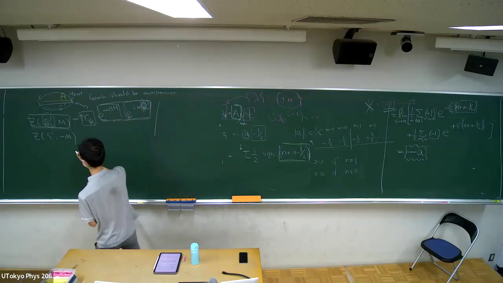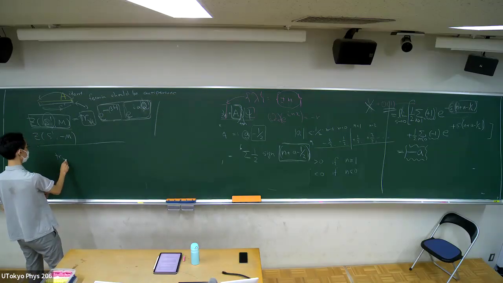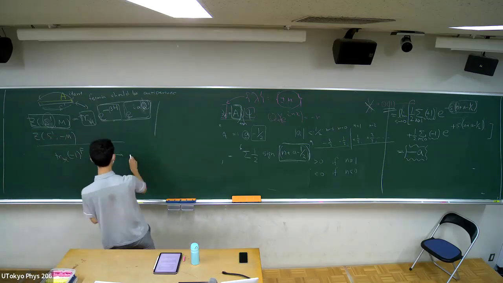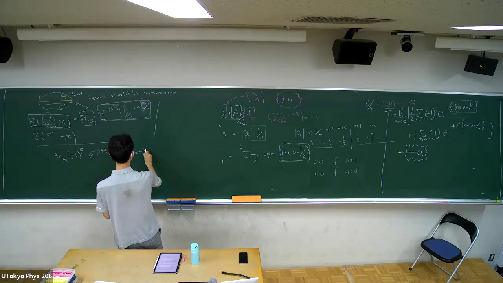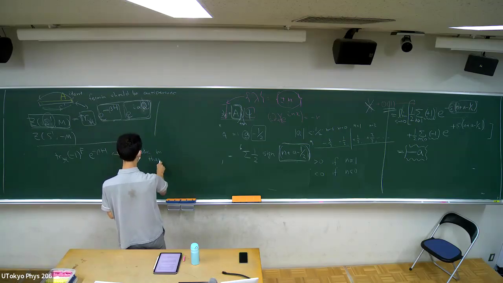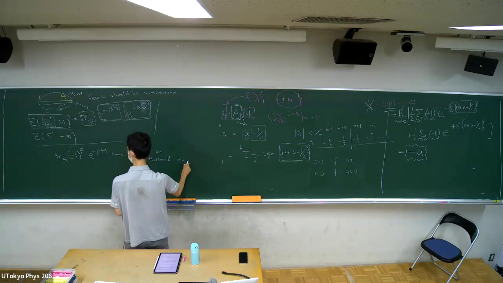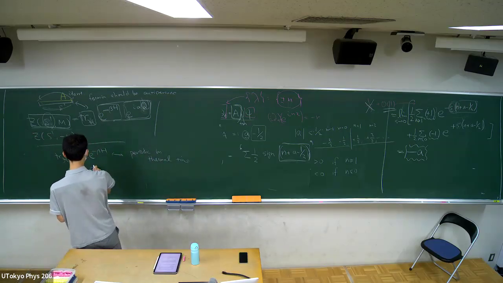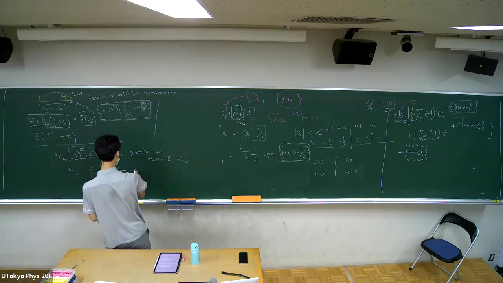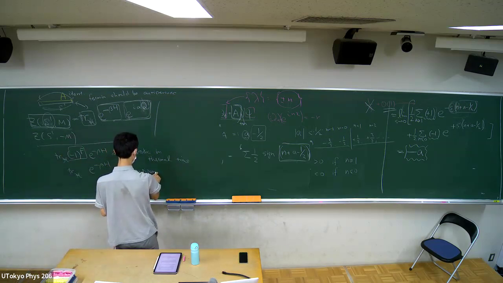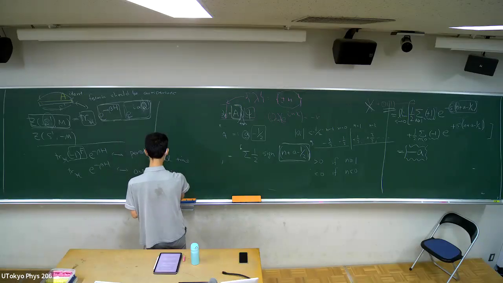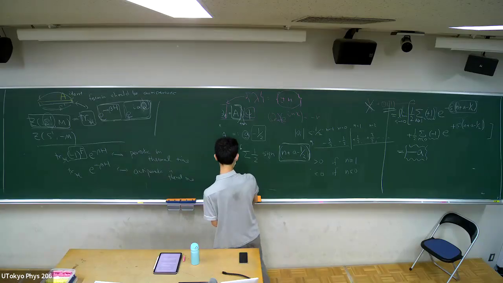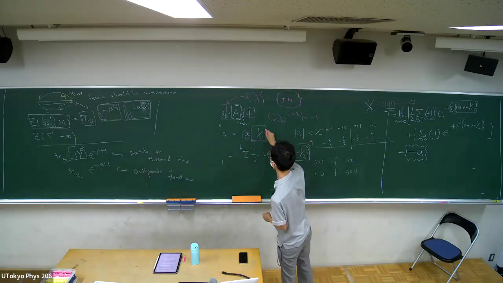So probably you might have heard the trace of (-1)^F exponential of beta H. This corresponds to periodic fermions in thermal time. And the trace over H without this (-1)^F, exponential of beta H, is antiperiodic in thermal time, right? So the reason I put this -1/2